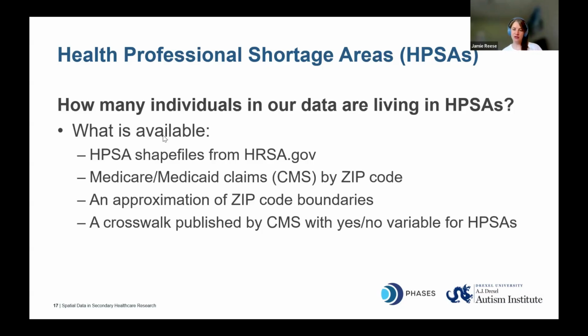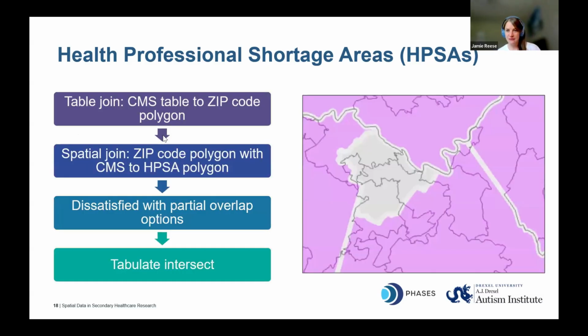So with all that in mind, we just wanted to check it out ourselves a little bit. We wanted to dig in, put it on a map, see what we were seeing in terms of overlap. So that's where we tried the spatial join. So here's what we did. We followed those preparation steps we talked about earlier for polygons to map those two polygon layers, the zip code approximation and the health professional shortage areas. And that's where we saw what you see on the screen. There's some nuance here in terms of whether a zip code is or is not, when we have just a simple yes or no in a health professional shortage area.